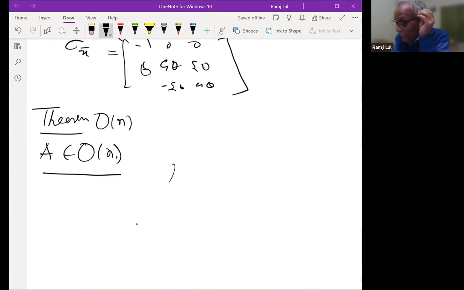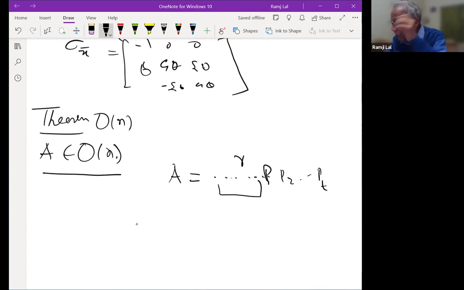then A is just a composition of certain reflections and certain rotations about 2-planes. So these are 2 planes, P1, P2, up to P_t here, rotations about planes. These are 2-dimensional spaces which are all orthogonal, and there is a space W which is orthogonal, and A restricted to W is an orthogonal matrix which is pure, basically a composition of reflections.